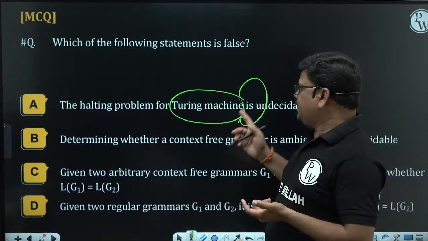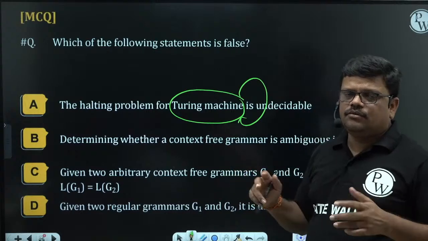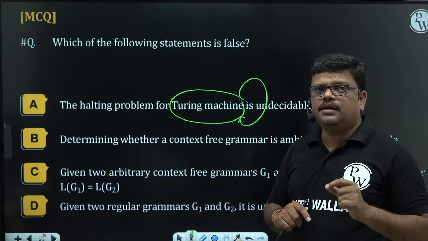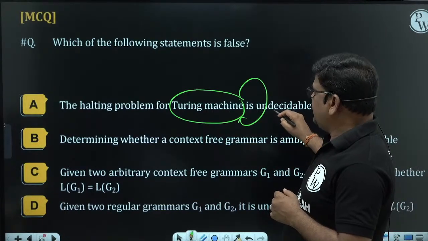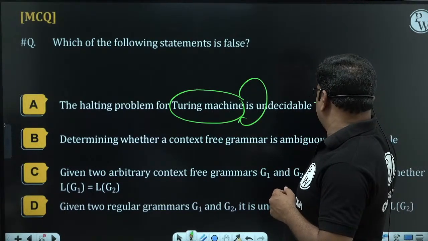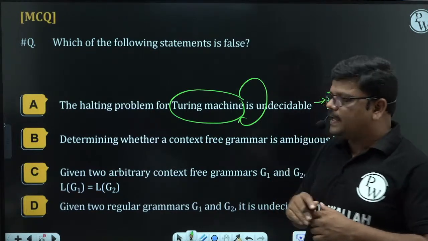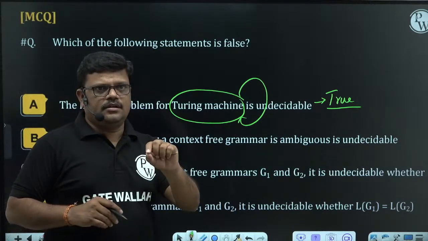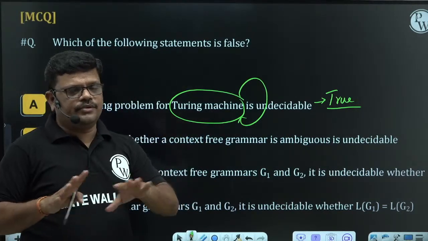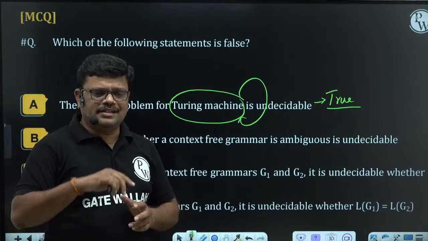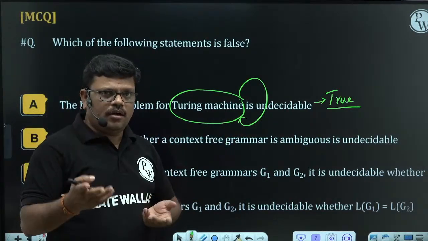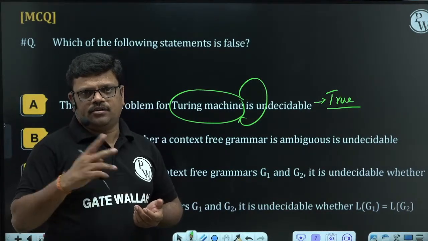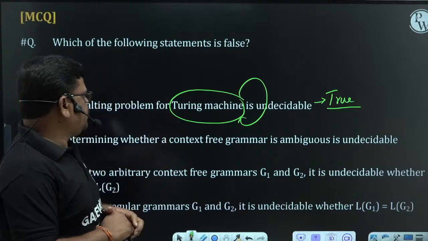Whenever a Turing machine is said, that is the REL one, we will not conclude it as decidable. Decidability would only hold for a halting Turing machine. So this is clearly undecidable, and the statement is true. The halting problem is, by reading a string, whether the Turing machine halts or not, we cannot conclude. It is difficult to conclude, because once it enters a loop, we cannot say whether it halts or not, since after 1 crore steps it may halt. We cannot wait until then. So this is an undecidable problem.